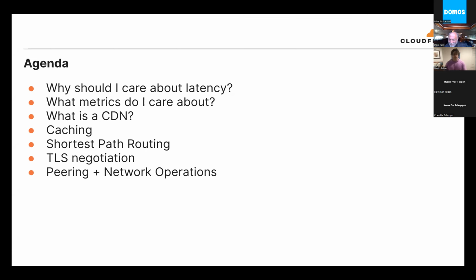But this talk is basically geared towards, you probably need a CDN in general. And there's probably a lot of stuff that we do that you may not know about, or you may just kind of take for granted. And we're going to talk about that. First, we're going to level set on some high level questions like why should I care and metrics, and then we'll get into the good stuff.